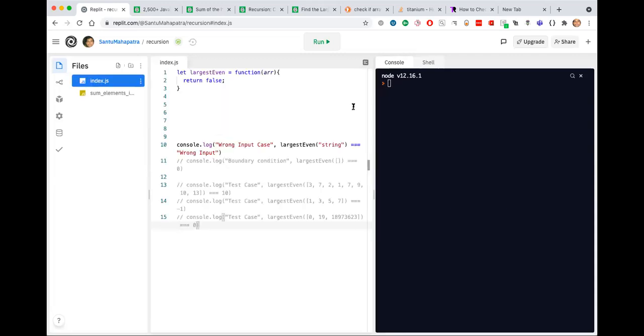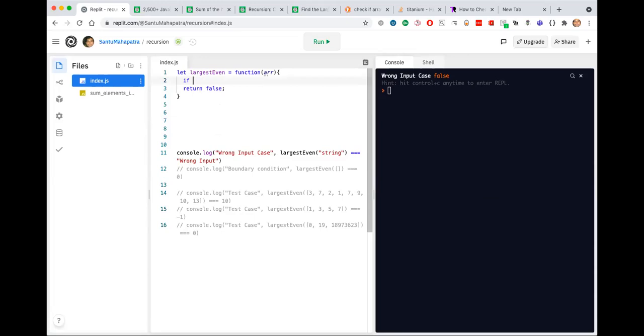Okay, fine. We'll do a check: it is not an array.